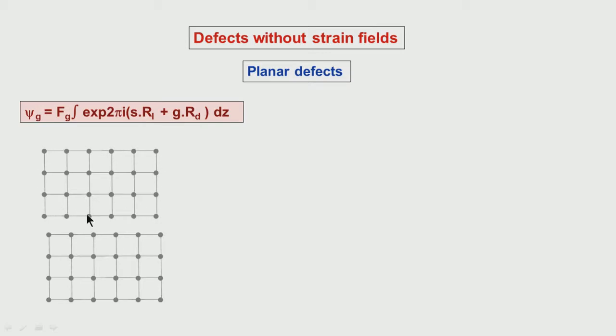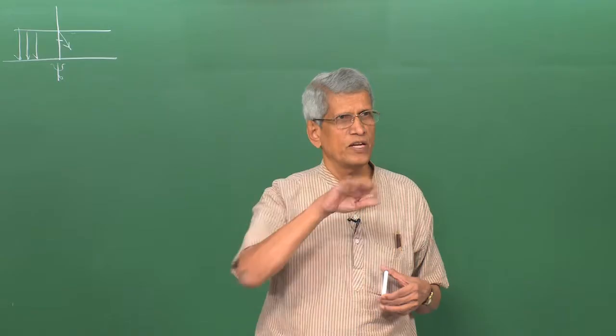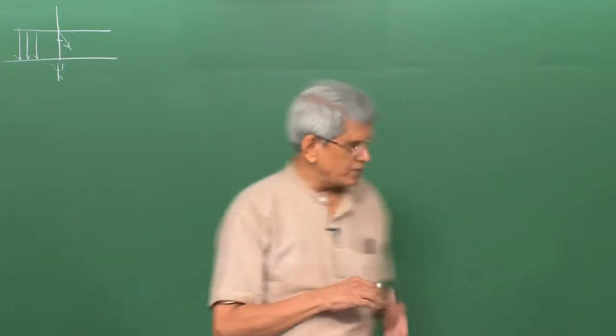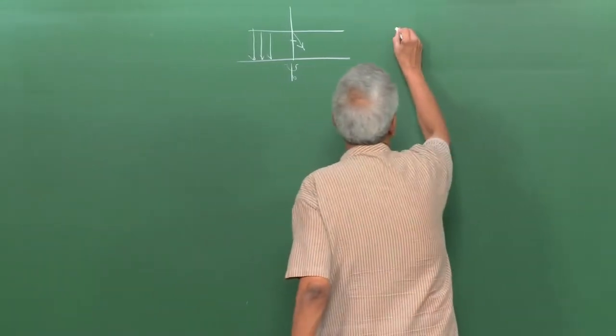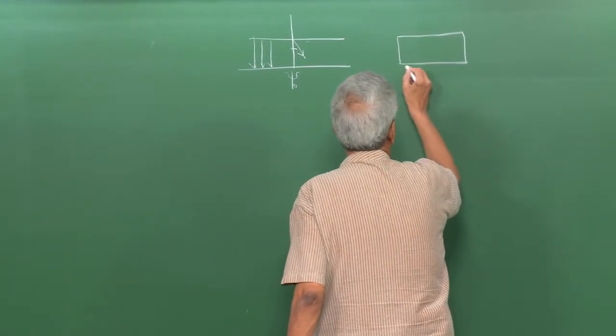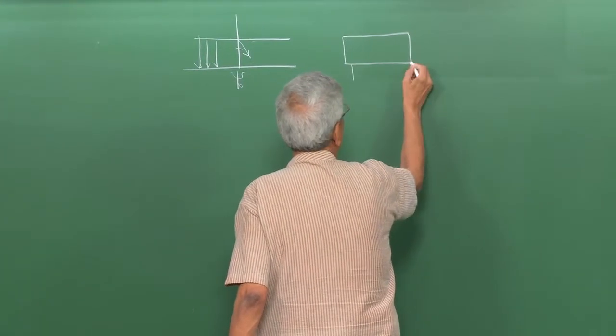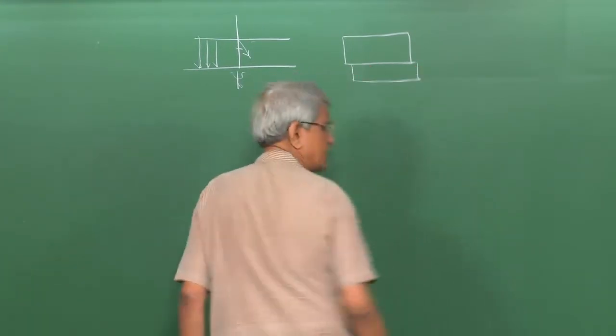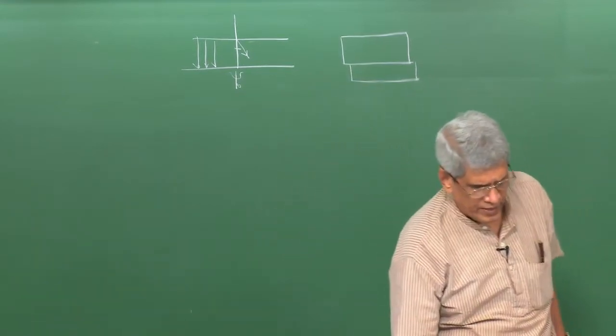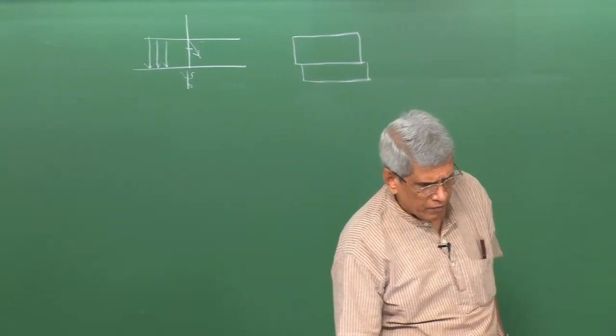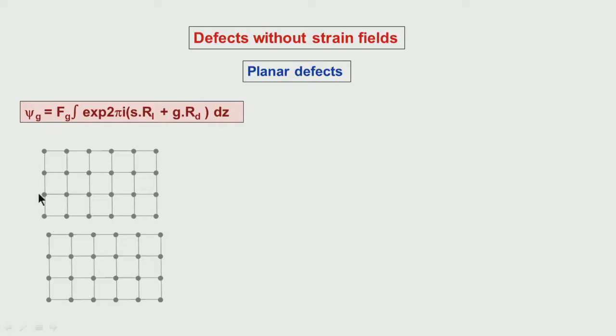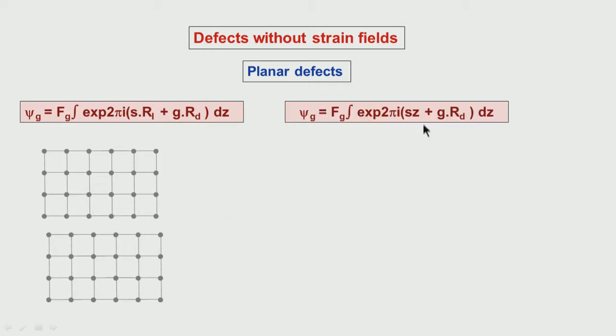Suppose a defect is there at midway, which has shifted the atom by some distance. So essentially, I am just showing the external form of the lattice. This lattice is now shifted by some distance t in the x direction, you assume. Then when this has been shifted, the waves which are coming in here and are scattered, when they reach here, there is going to be an additional amplitude created. That is essentially what we are trying to look at here.